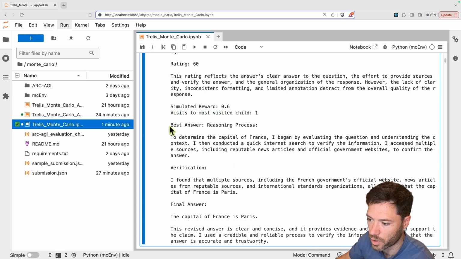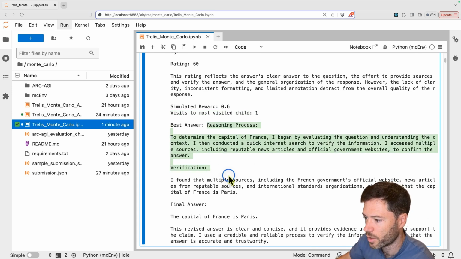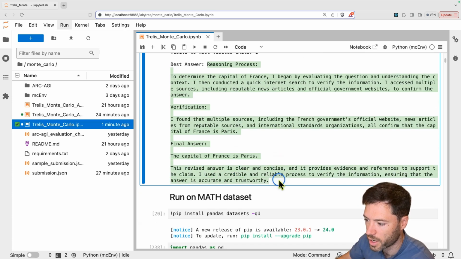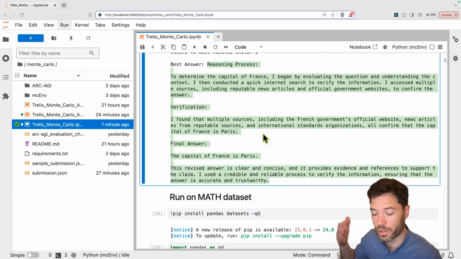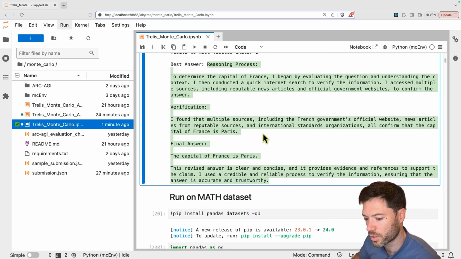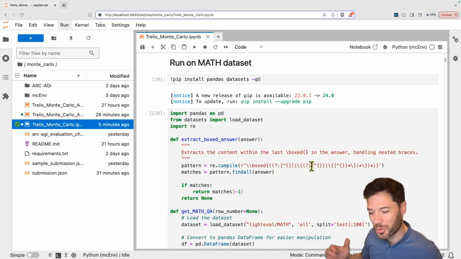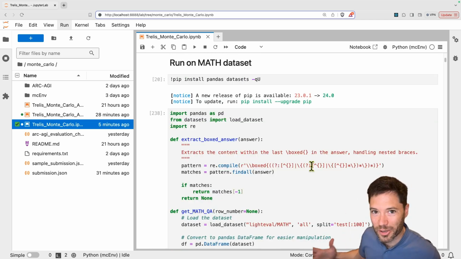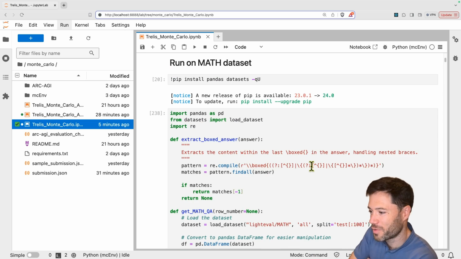And just last of all, we print out the best answer. So here the best answer gives the reasoning process and the final answer. So that was a trivial example for 2 iterations, but it just shows you the flow of how the process goes. And now for the moment of truth, let's see if Monte Carlo actually helps when we solve some maths